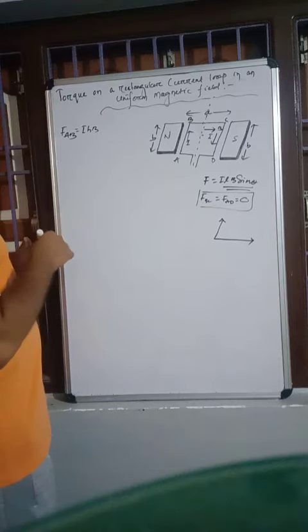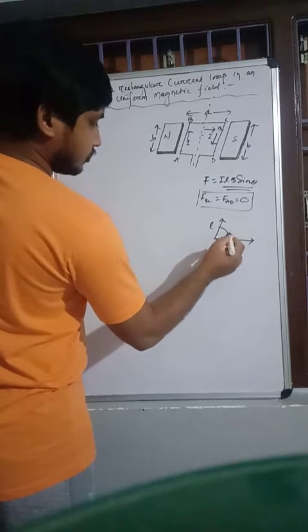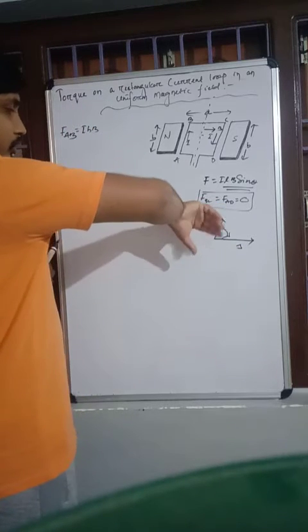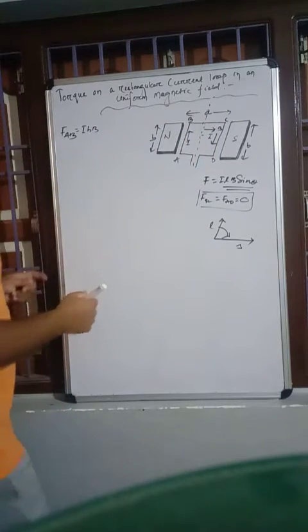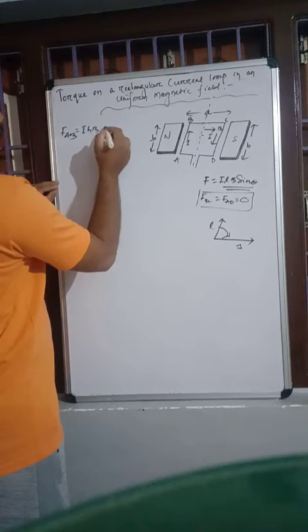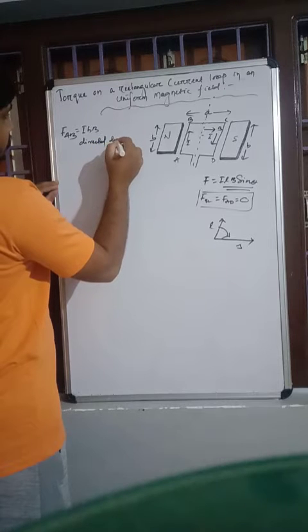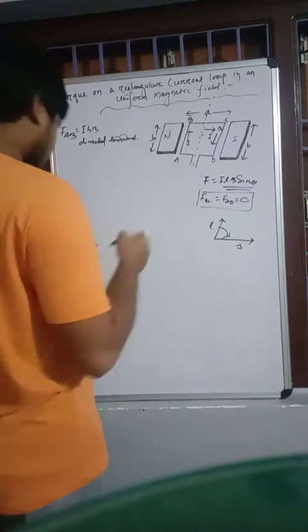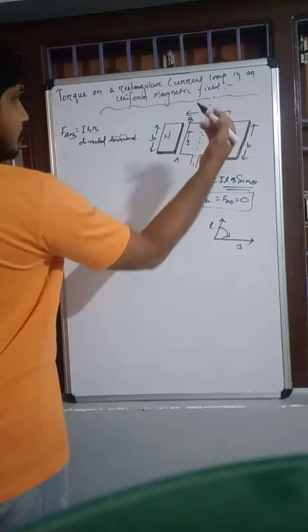So to find out the direction, you will take L cross B, and if you do L cross B, you can see that the direction of the force L cross B will be in the downward direction. Hence I will write the force will be equal to IbB directed downward. Downward means into the plane. Then similarly the force on BC is 0.